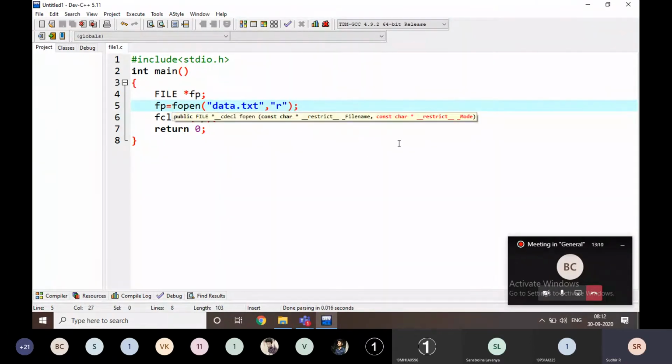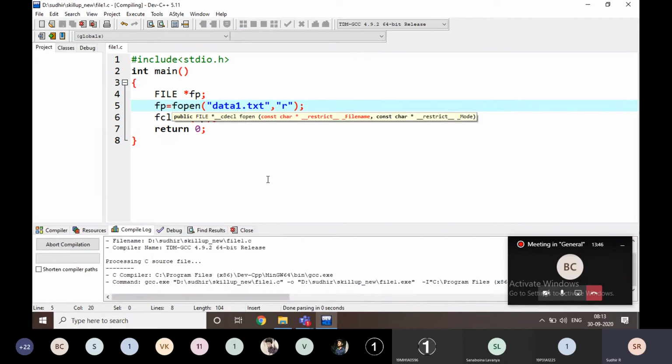First of all, I'm going to read the content. If the file is not available in the path, that means in the same folder, it will give some error here. For example, I'm going to give data1.txt.